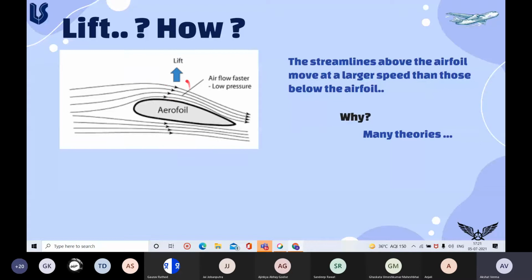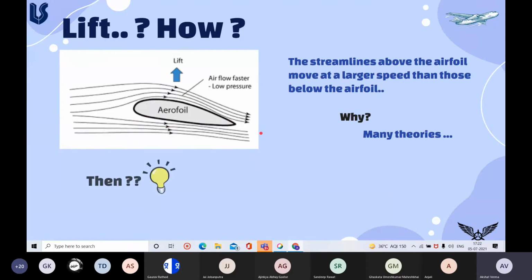So any basic theory is not able to explain it properly and fully in the complete sense. So we don't really explain it in quite easy terms. It's quite advanced aerodynamics involved. There are some theories like the continuity equation, etc., but they are not quite up to the mark. So what is important for us here is the consequence of those theories. That is, the velocity of air above the airfoil gets higher than the part below the airfoil.